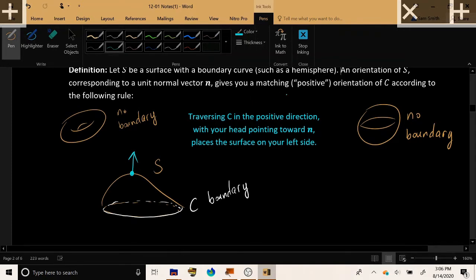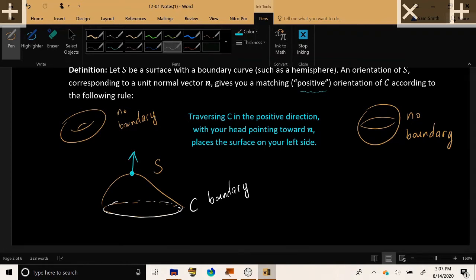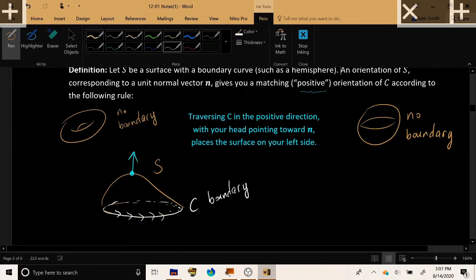And to find the matching orientation, which is sometimes called the positive orientation of C, we use the rule given here in cyan. If you traverse C in the positive direction, with your head pointing toward the normal vector of the surface that you've chosen, the surface should be on your left side as you're going around the boundary curve in the positive direction. So taking, for example, this surface here, if I go around the boundary curve in the direction indicated by the arrows that I am drawing,